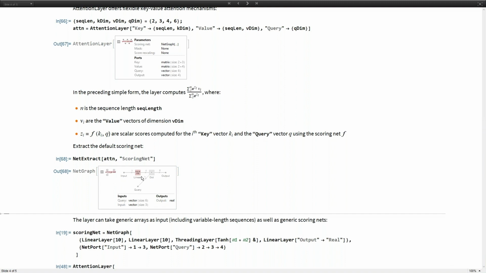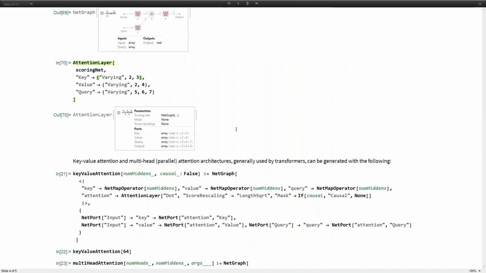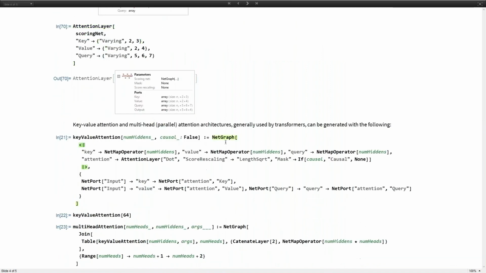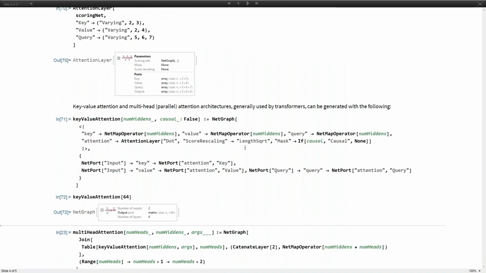It can also work for arrays of arbitrary rank for all 3 ports, including variable length sequences. So it's a very generic and powerful tool. Its main use cases are the usual key value attention, which you can implement using this simple function.